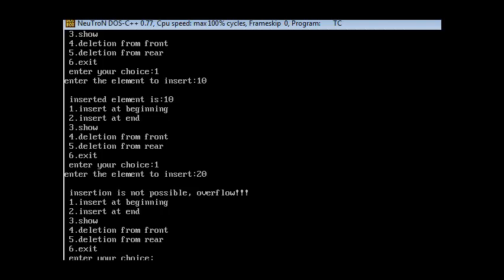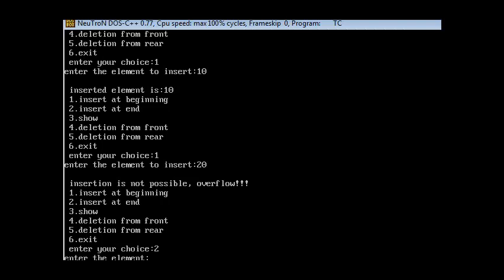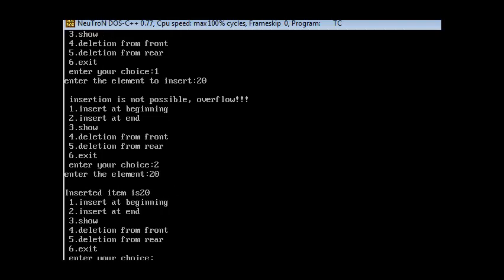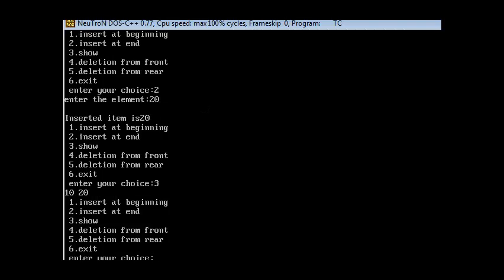So there is a disadvantage of a double-ended queue: only one element can be inserted at the front when the queue is empty. Now try to insert the values at rear end using the second choice. Enter the element 20. So 20 is inserted. Now try to display the values using show, and the values are 10 and 20.